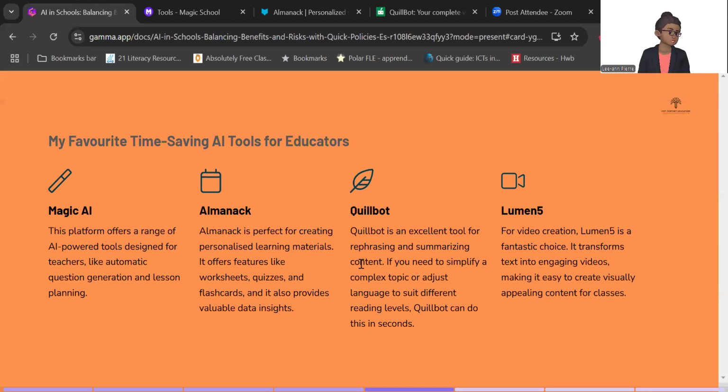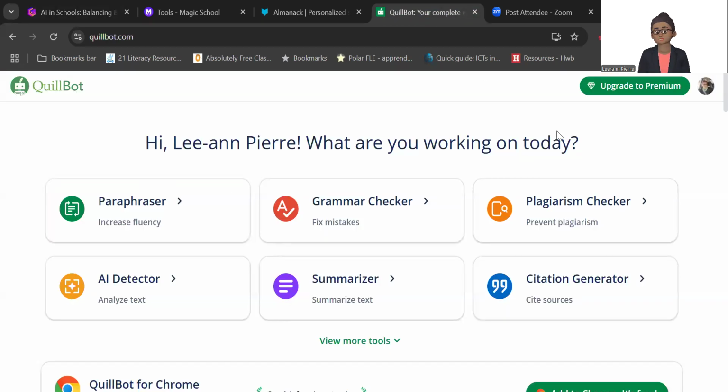The next tool is called Quillbot. Quillbot is an excellent tool for rephrasing and summarizing content. If you need to simplify a complex topic or adjust language to suit different reading levels, Quillbot can do this in seconds. It's also great for paraphrasing content to use in different formats, saving teachers time on prep work. And you would also see that Quillbot does have quite a number of areas, but the one that I really like is the paraphraser.